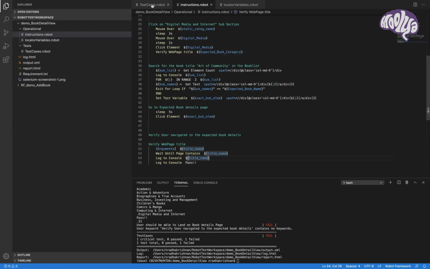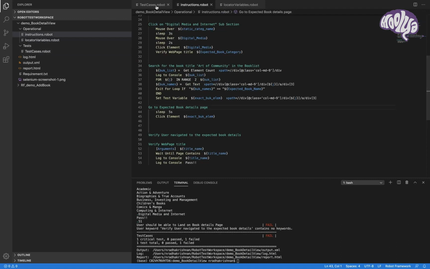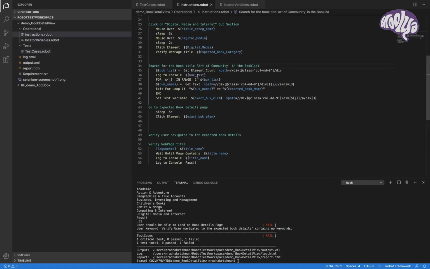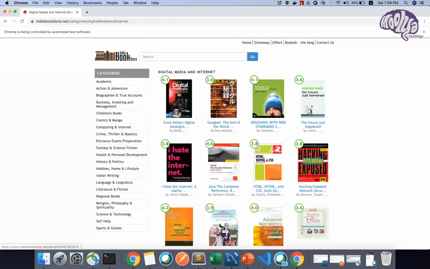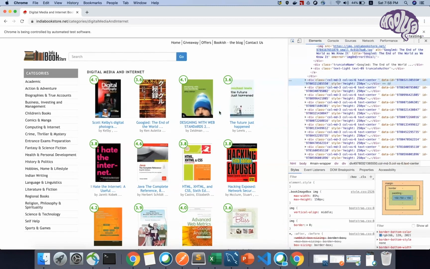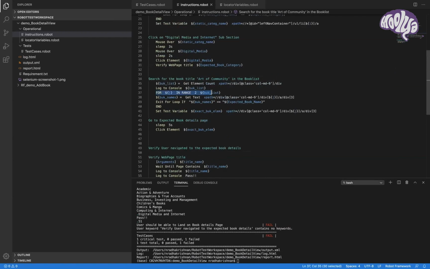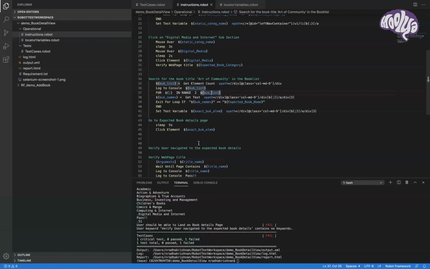The next step here is go to the expected book titles. Now the search. Search for the book title, art and community. So under this, what I'm doing is once I land on this page again, these are also a list of divisions. We have already seen the for loop, so I have made use of my existing code where this is another for loop. I'm using the J variable. I'm getting the bulk list, the total amount of how many divisions are there. So we have around 56, I believe 51 or 56. We'll check the count now.